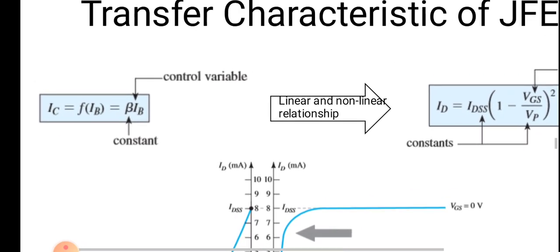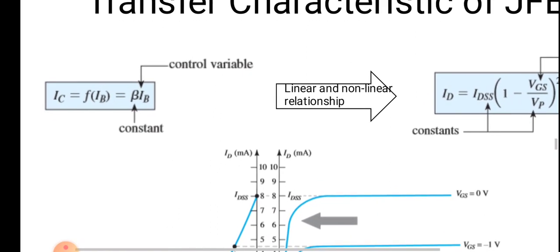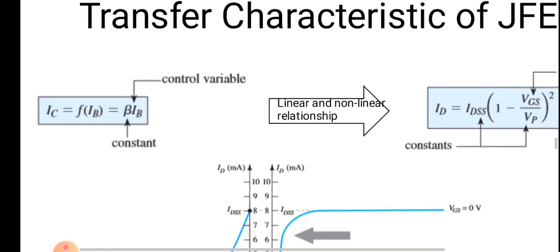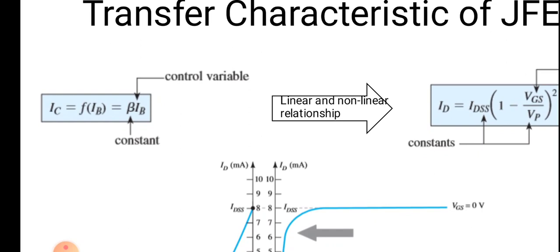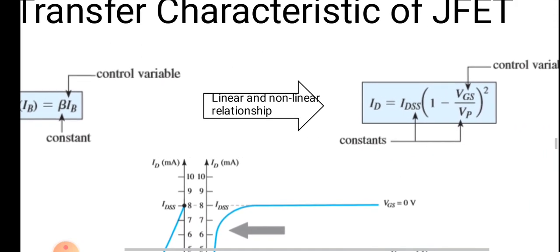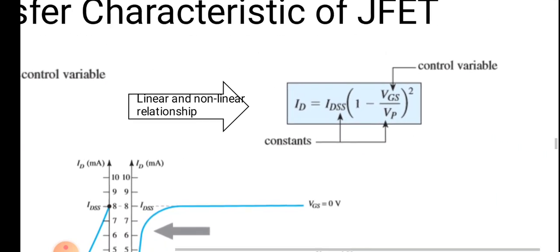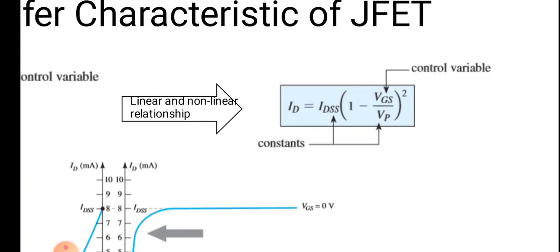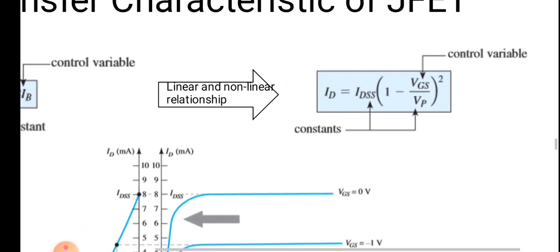Now this equation is linear in nature. So you can see that this behavior of BJT is linear up to a certain extent, as far as this equation is concerned. Now if you look at the current equation for JFET, it is IDSS, which is the maximum current, times 1 minus VGS divided by VP the whole square. Since a square term is there, VP is a fixed quantity, IDSS is also a fixed quantity, VGS is a variable quantity but it is squared. So you can see that this equation has non-linear nature.